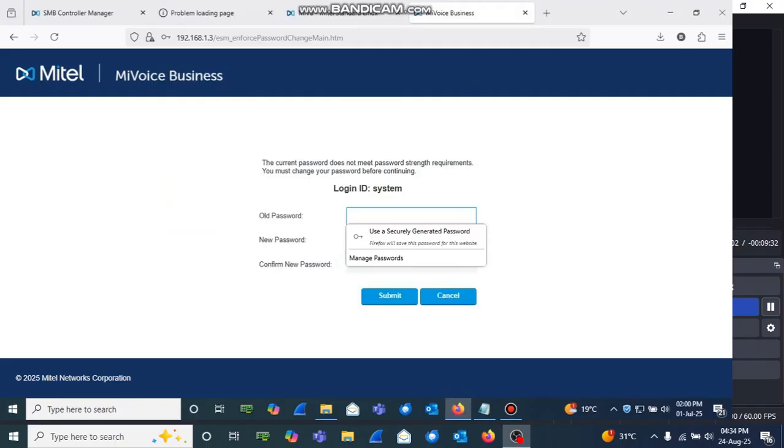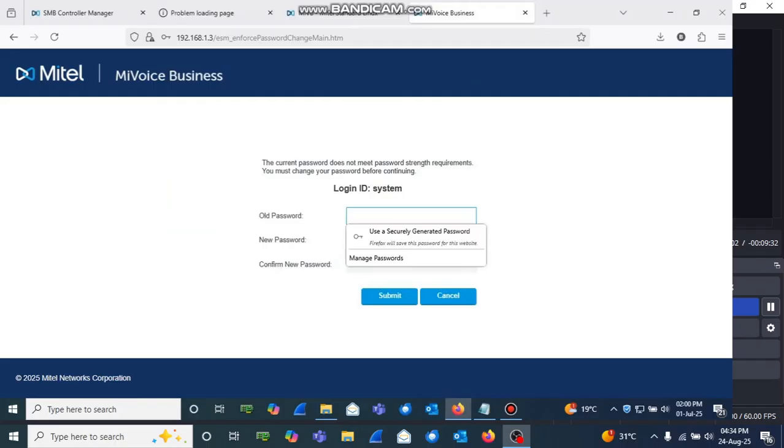After licensing, we updated the blade lists, and then we installed MiVoice Business, and then the system rebooted, and now we are using 192.168.1.3 on a fourth tab without the server manager, just the IP address as it is. Then it has taken us into MiVoice Business,